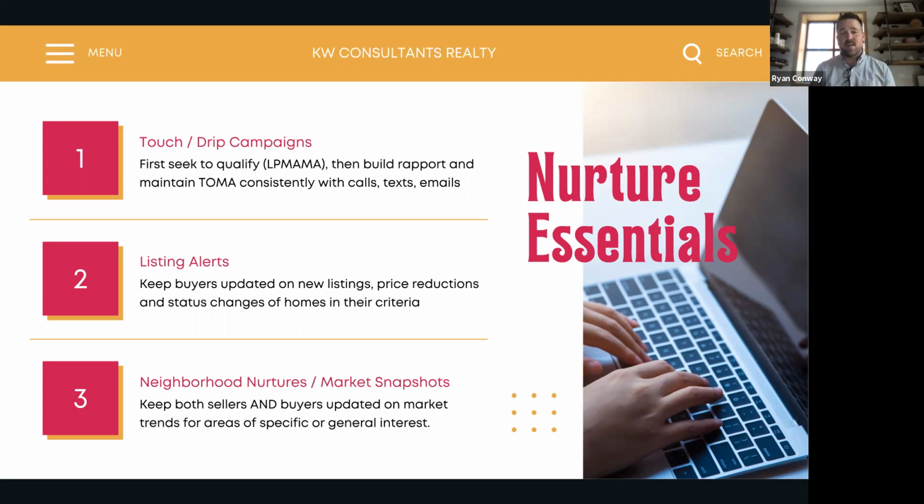When you are able to connect with them, verify some information. Say, hey, you registered on our website to take a look at homes in Dublin. Are you looking specifically in Dublin? Are you considering any of the areas around that? What's important to you about finding a home in Dublin? Is $500,000 about the price point you're looking at? Are you trying to stay under that? Are you trying to stay around that? What's your reason for taking a look at homes in the Dublin area around $500,000 right now?